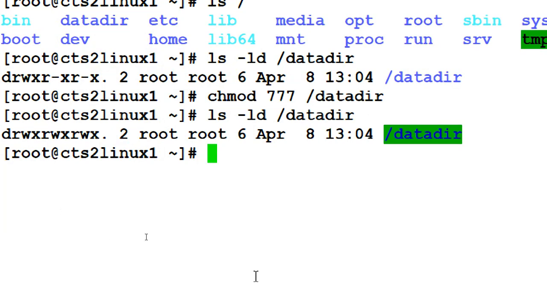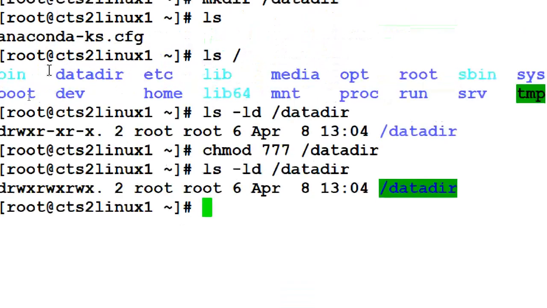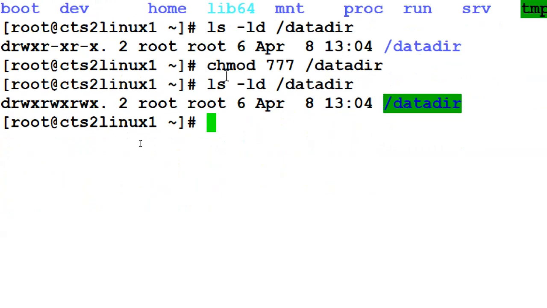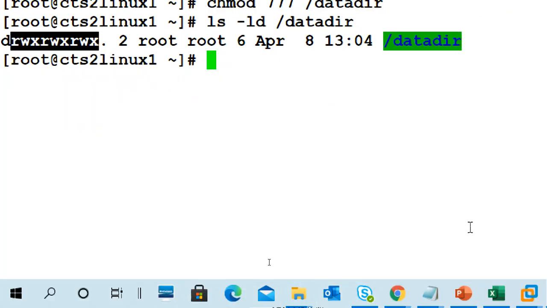Now I want to give permission to everyone. So anyone can go: this data dir was created by root and root group, but everyone has permission.